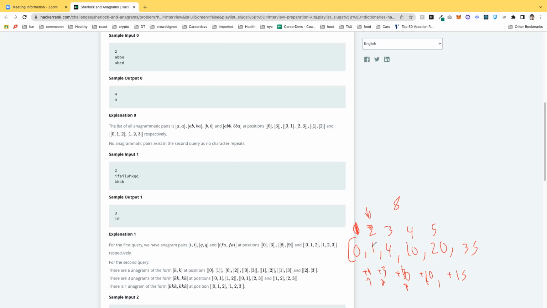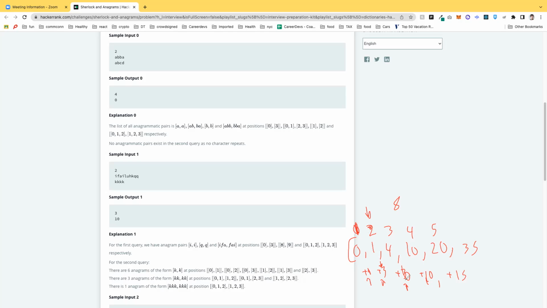So to the total, we add the sum of the digits before. To get the result number 2, we add 1 to 0. To get number 3, we add to the 1 the sum of 1, 2, and 2, 3. We add the 3. These two added together, and then we add that here. To get the number of anagrams in 4 of the same letter, we do 4 plus 1, 2, 3, 4,